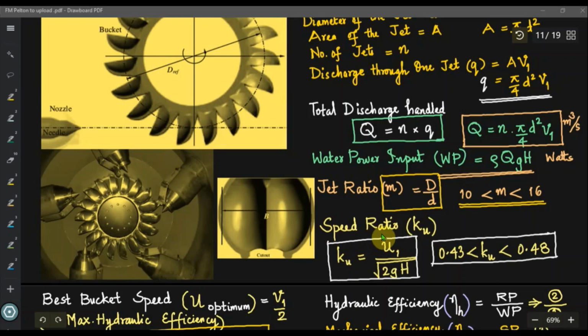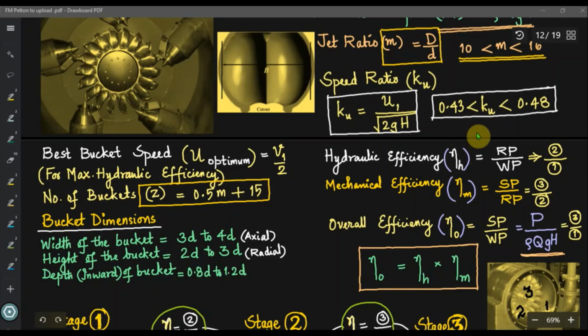Now the second ratio is the speed ratio. We can denote it by K suffix U, and it is connected with the tangential velocity of the wheel. That's why K suffix U. So K suffix U is equal to U1 divided by root of 2gH if the speed ratio is based on the inlet tangential velocity of the wheel. But in the case of Pelton wheel, U1 is equal to U2 is equal to U. So you can simply write KU is equal to U divided by root of 2gH. Usually the speed ratio for a Pelton wheel ranges between 0.43 and 0.48. For practical purposes, you can assume a speed ratio of